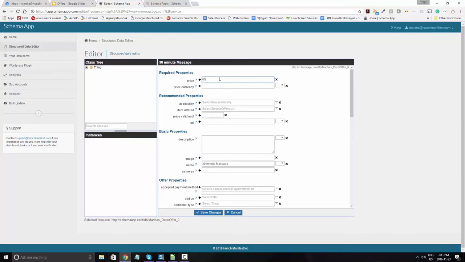So first it's the price. So it's $60 Canadian. It's in stock. Item is offered, and it's saying by what service or product. So we had massage therapy services. Price is valid. Assume we update the prices at the end of the year, and we don't have a specific